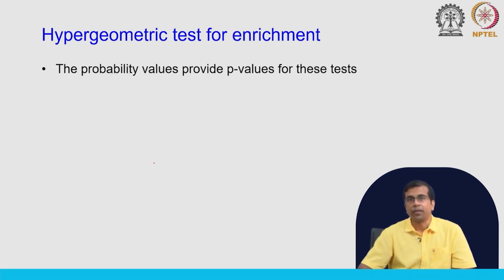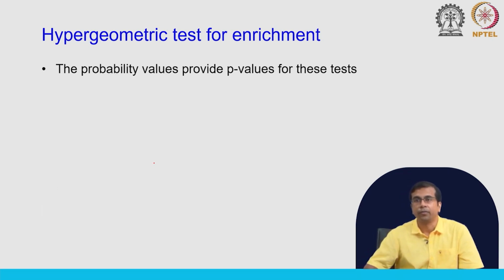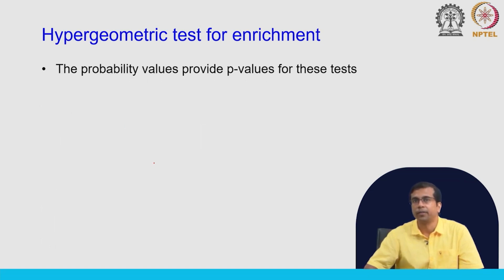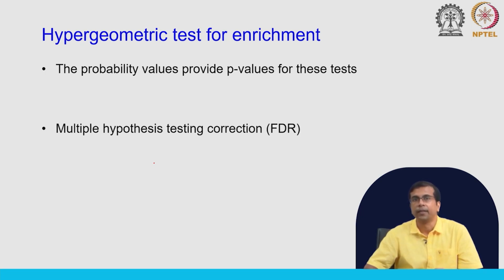Okay, so once we calculate these probability values, these sums, for these equations we know all these values. So, we can calculate the probability. We know x1, we know k, we know small n, we know capital N. Depending on the situation, all these values we know, and then we can calculate these probabilities. These probability values provide p values for these tests, and after we have got these p values, we